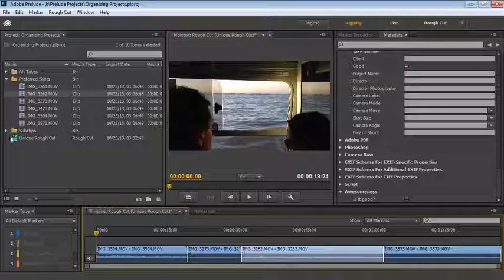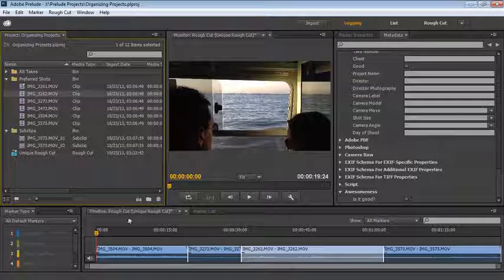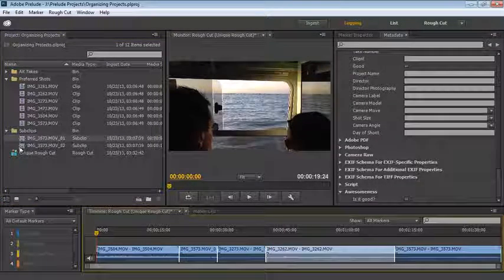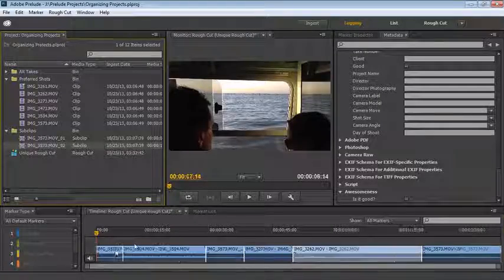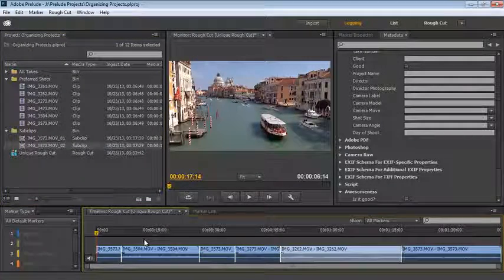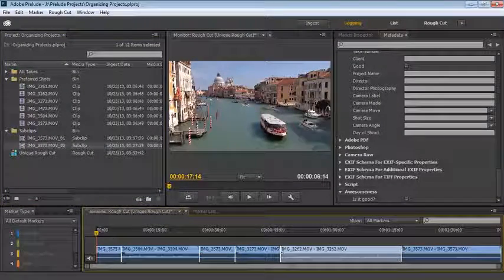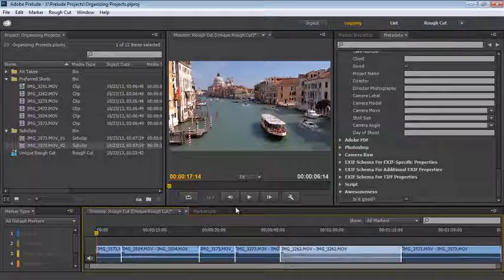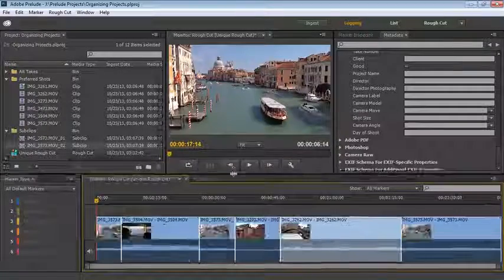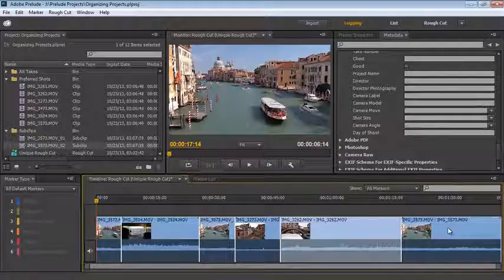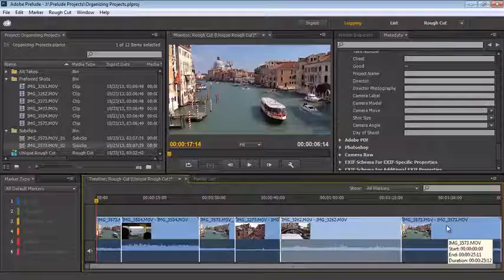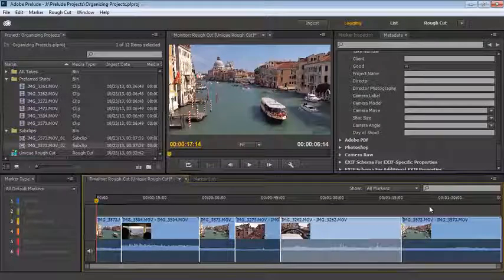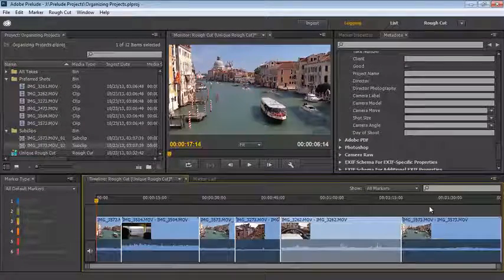Now, if you've added subclips to a clip, which I mentioned in a previous lesson, you'll see that I can use those as well. So because subclips can be frame accurately defined, you could, in principle, create a frame accurate edit using Prelude, but I definitely wouldn't recommend it. In fact, what I would say is what you're generating here is really not a rough cut so much as an assembly. And I think that's fantastic because you can teach someone to create an edit in Prelude this way in a very, very short space of time.